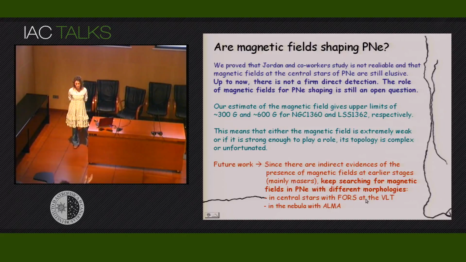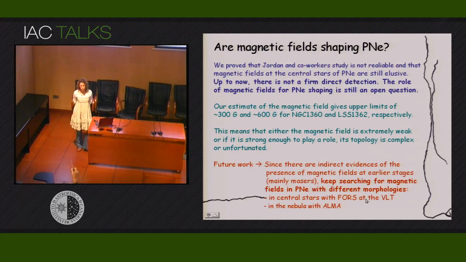One is that, when we were all aware of this paper of Jordan, we knew that there was something wrong there. So I'm very happy that you found that, obvious, yes, because the spectra were really noisy. And so we said, what is happening here? So you found that what is happening is that the magnetic field is much weaker, in fact. But this is my question, in fact. But the magnetic field is there,